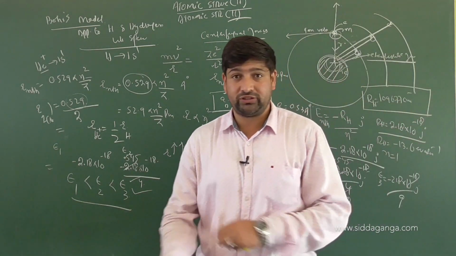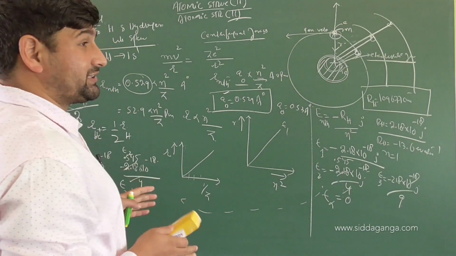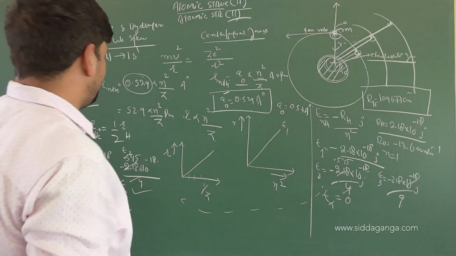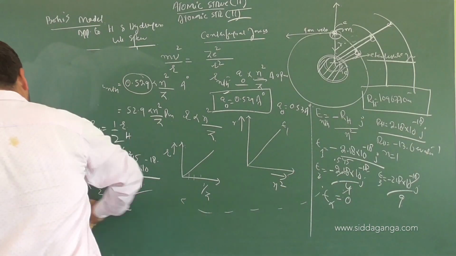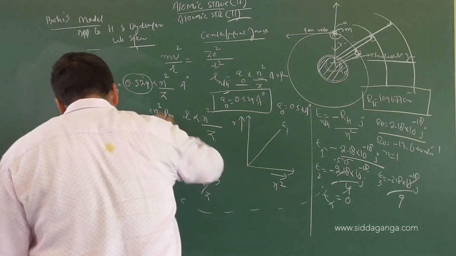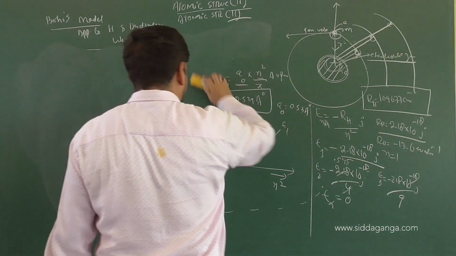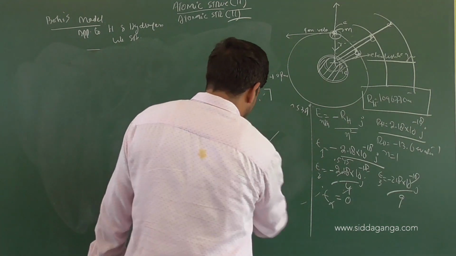Have a proper look on this concept. This is mathematics of atom, technically we are discussing. So we are discussing the mathematics of atom, that is Bohr's model of an atom in terms of its energy value. So what did we get? The first thing, what is radius of hydrogen atom given by, or hydrogen like species? 0.529 into n square by Z.